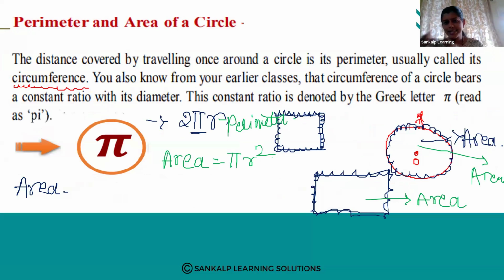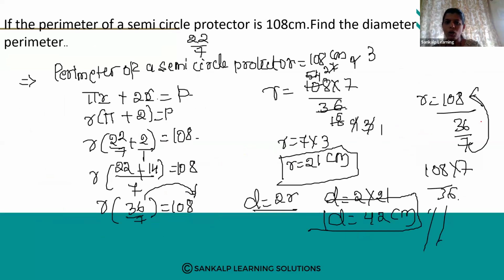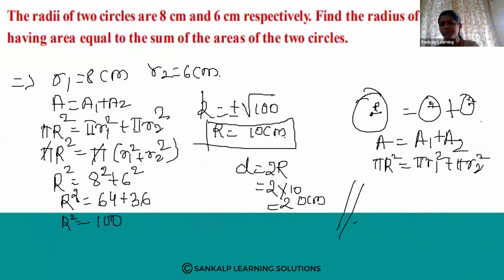Area is pi r square and circumference or perimeter is 2 pi r of the circle. Yes. So next, again, we discussed these concentric circles, and also we discussed the area of a quadrant, and also the perimeter of a semicircular protractor. Yesterday, we discussed all these things, and also we solved some examples. Yes, my dear students,